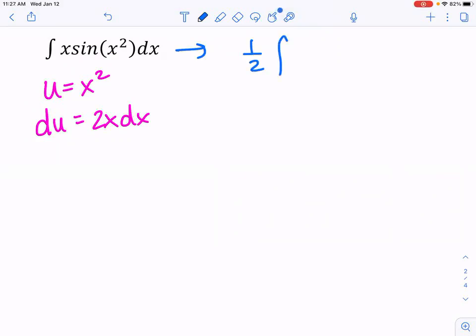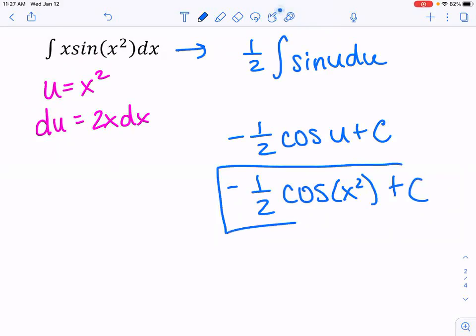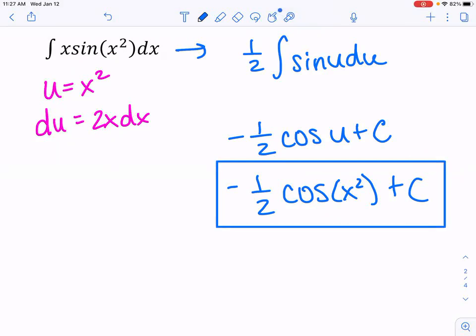Over there. So 1/2 the integral of the sine of u du. Is that what you mean by 1/2 over there? Okay, do you agree with Wyatt? Okay, so Austin, our antiderivative would be? Okay, so -1/2 the cosine of x squared plus c. Thank you for remembering that the negative needs to be there for sine's antiderivative. Okay. All right. So